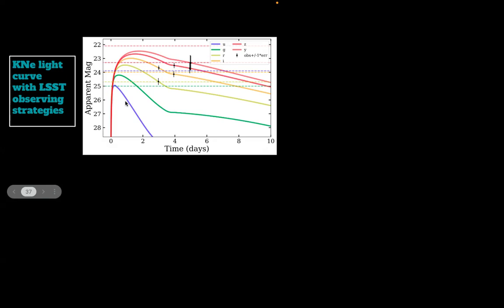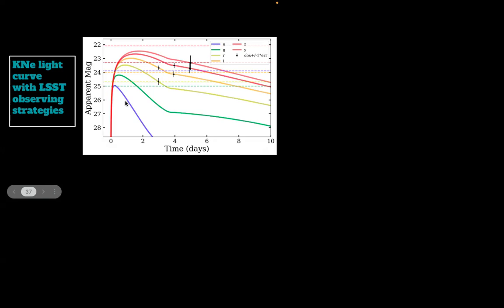Then we take this kilonova and randomly distribute it in your LSST field. And then we try to observe that kilonova, to see if it is possible to observe it in LSST fields. You see these black dots, these are the times when an LSST mock observation will happen for this kilonova.